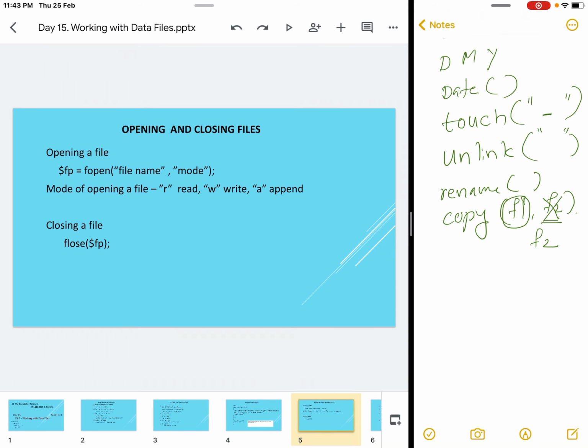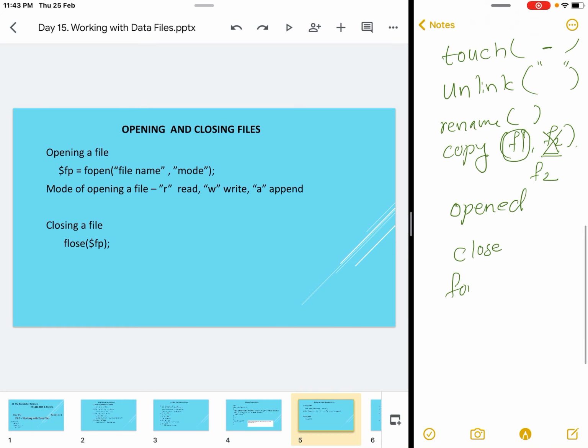Now, every file must be opened before it can be accessed, and in the same way, after performing all the operations, it must be closed. A file is opened using the method called fopen. Fopen has two parameters. The first parameter is the name of the file. The second parameter is the mode of opening the file. The mode can be read mode, write mode, or append mode.